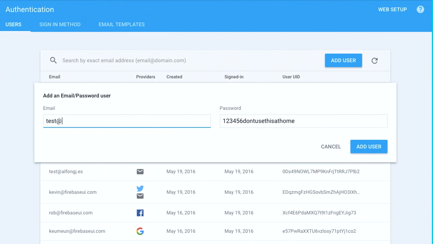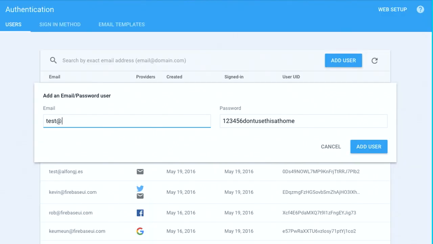Here, you can also create and delete test accounts, and also perform some other basic admin functionalities. Let's pause a second and take a look at some of the information that you can see here. If you look at the right, you see the user UID. In Firebase, every time one of our users signs in for the first time to our application, we create a unique user ID that identifies them across your whole application.